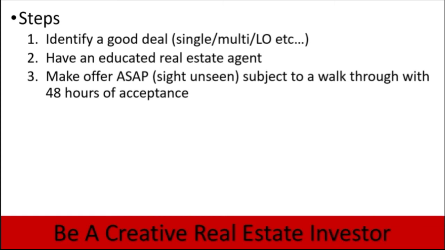You make your offer as soon as possible, even sight unseen. If you know that it's a good deal and in a good neighborhood, you can make the offer without even going to view the property so that you get first dibs on it, and you can make it subject to a walkthrough within 48 hours after acceptance, plus all of your other conditions. Now, that's how I operate, and that's how I encourage my students to operate as well,